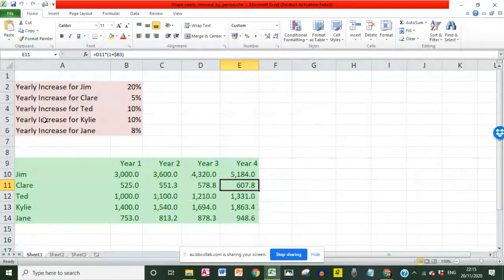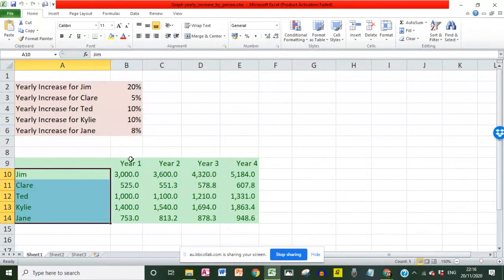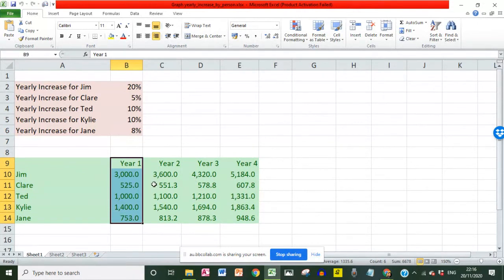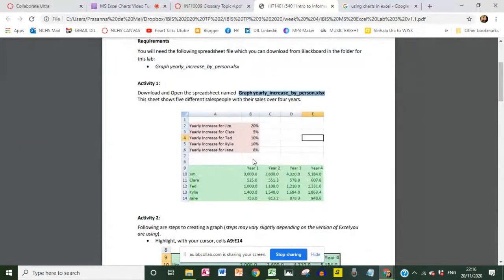If you go to the Excel sheet, you will see each person's yearly increase here, and less work for you, because for each salesperson, the sales have been given for year 1, and year 2, year 3, and year 4 sales are already calculated and given to you. There's no work for you to do right here. Going back to the tutorial,